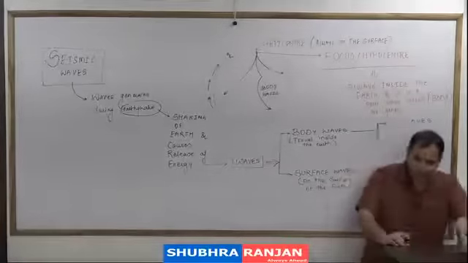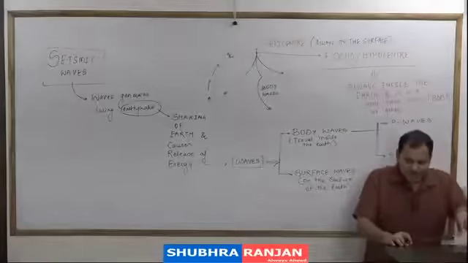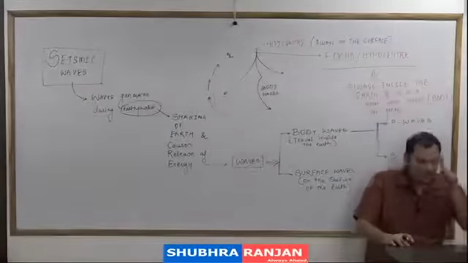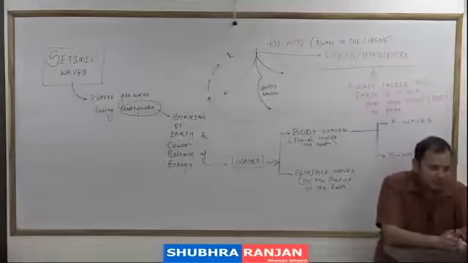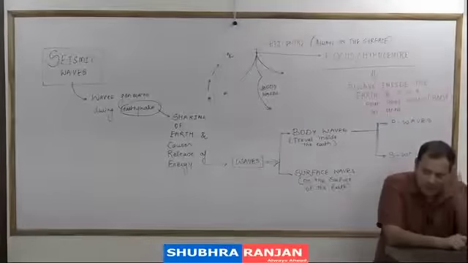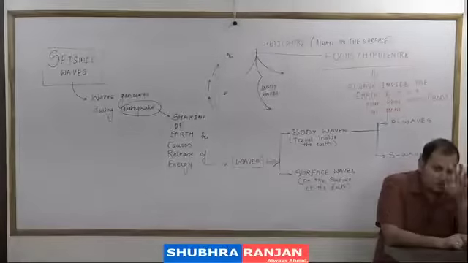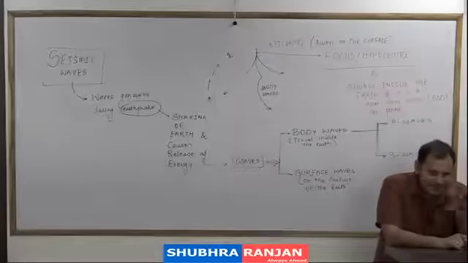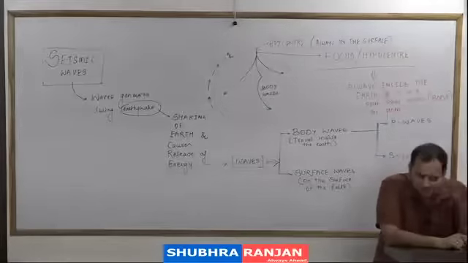Why secondary wave? Because it is the second wave to be recorded. Now why is it the second wave to be recorded? Because the primary wave travels with double the speed of a secondary wave, or the secondary wave travels with half the speed of a primary wave. And as a result, the first wave to be recorded is the primary, then secondary, and then come the surface waves. How is it applied in our daily life?